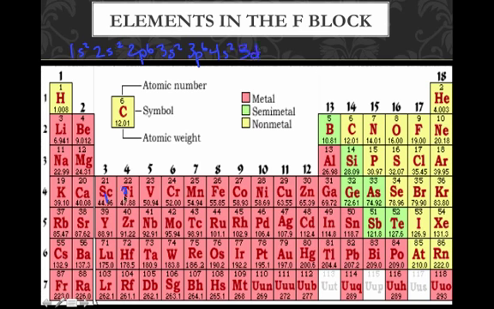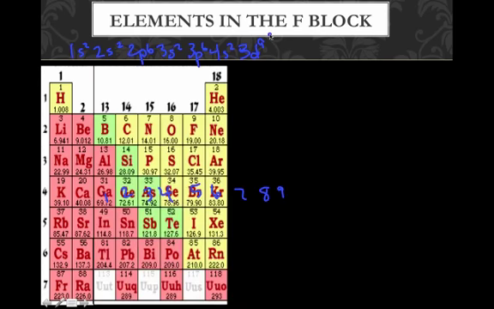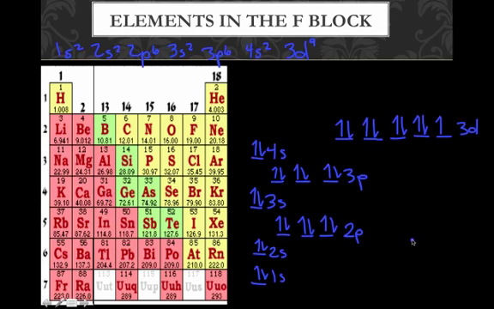Let's count across 1, 2, 3, 4, 5, 6, 7, 8, 9. All right, now let's talk about stability. Draw for copper. We'd fill in everything up to the 4s, and then in the 3d put 9 arrows for